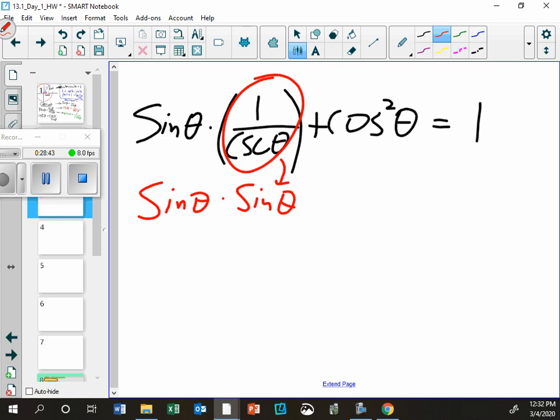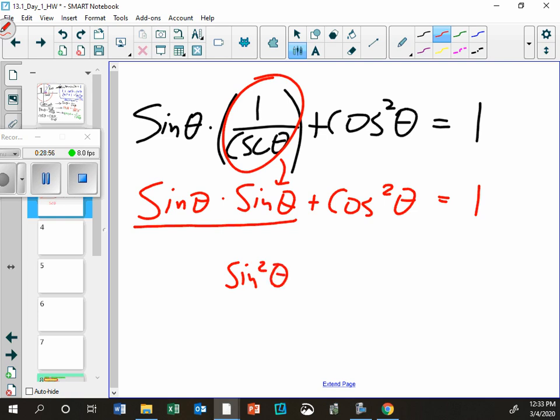I like a little arrow like that to show me what you changed. Don't have to tell me what you didn't change. That we can assume. Then, these two together would make sine squared. That's just math. Thankfully, this is not like a 2-column proof. Do you remember in geometry where you had to say why you can do that? You don't have to write out because of the property of multiplying or something like that. You don't have to prove it. I mean, you're proving it, but you don't have to list your reasons why this is true.